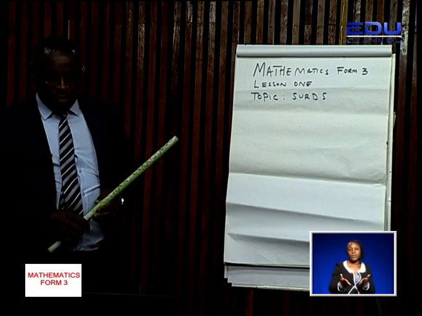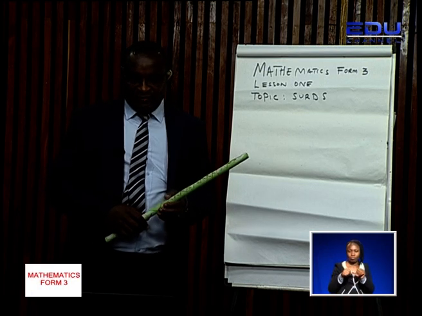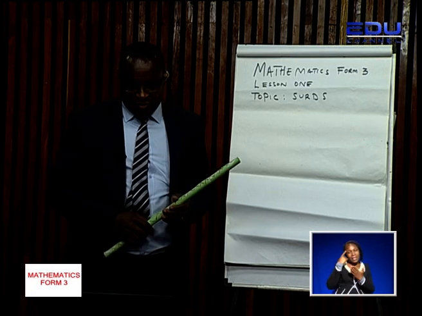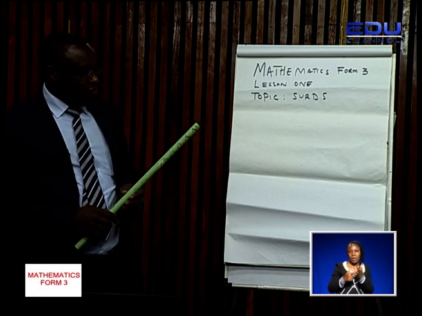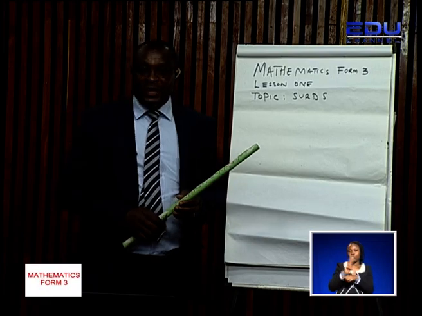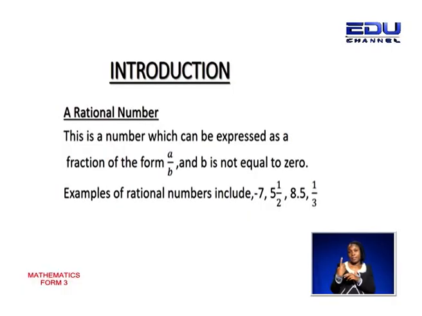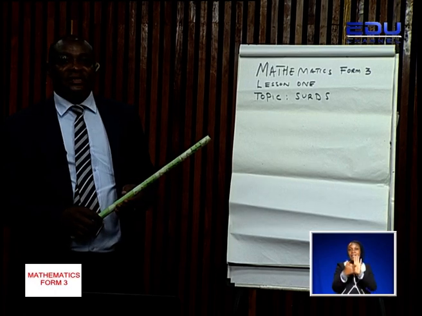Introduction. Maybe before we delve into the details of the lesson, it is important we look at some of the definitions and terminologies used in surds. Number one, a rational number. This is a number which can be expressed as a fraction of the form a over b, for as long as b is not equal to 0. Examples of rational numbers include